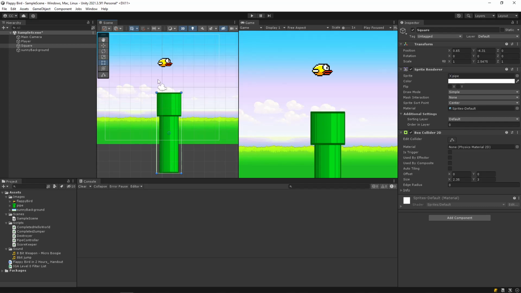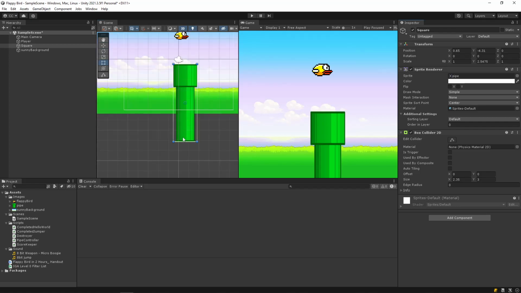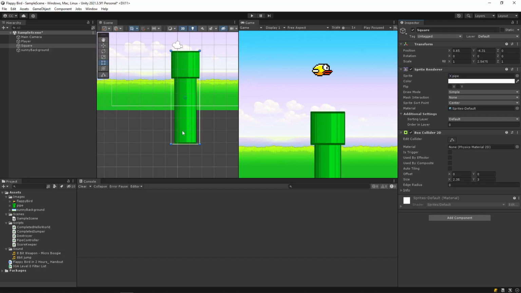Thank you. Yeah, Unity does all the good work for you. It tries to wrap the box around the size of the image. It doesn't necessarily wrap it around the visible image, just the size of the image. So if the image is 500 pixels by 500 pixels, the collider will be 500 pixels by 500 pixels, regardless of how much of the image is actually visible. Cool. Thank you. So if I was to move this pipe over to the right, does anyone else have any questions?